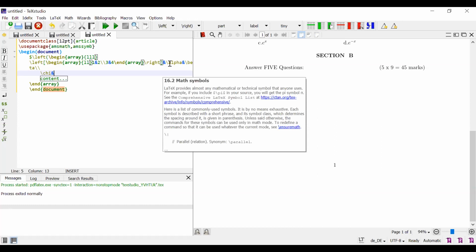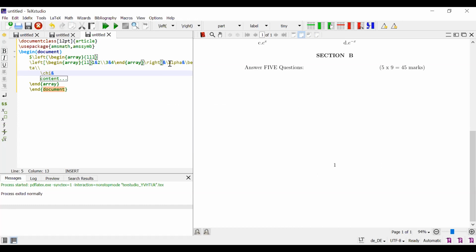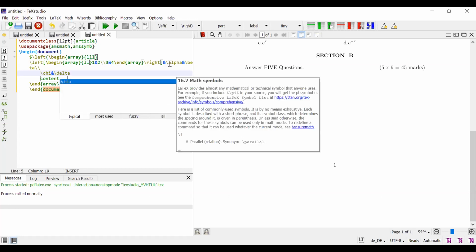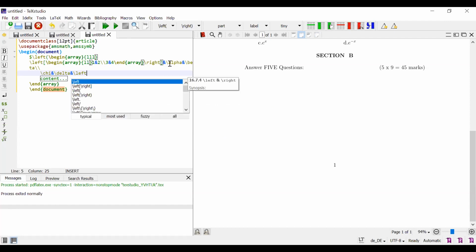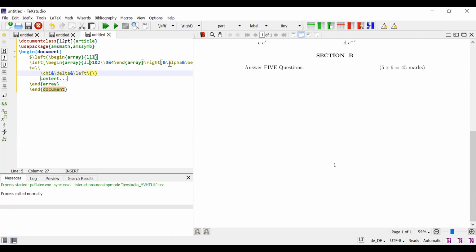Second row, we have the second number is delta. Next, we have one brace, x1, x2, x3, x4. So for this, we write left, the open brace. Within this brace, we begin another array.